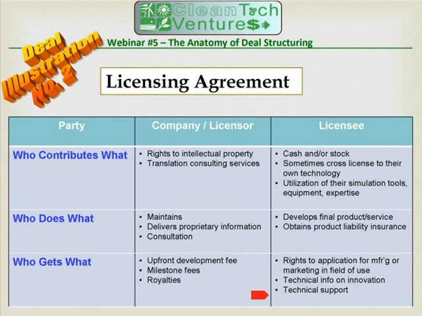If all these things are put into the agreement so that there is a clear understanding of what the licensee needs to do at each stage in order to realize what you want to have happen out of this agreement, and then if they fail to do that, then you have the opportunity to take the technology back and find somebody else to team with or do it yourself. So all these things need to go into the agreement as you start figuring out what the relationship is between your company and the person that you're going to license to.